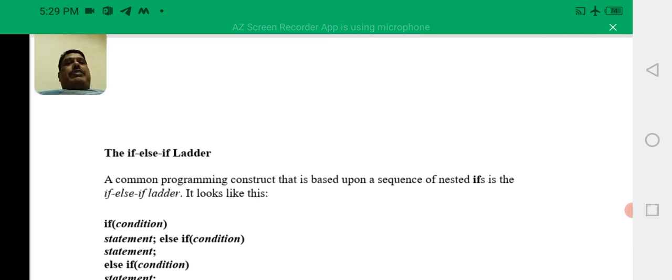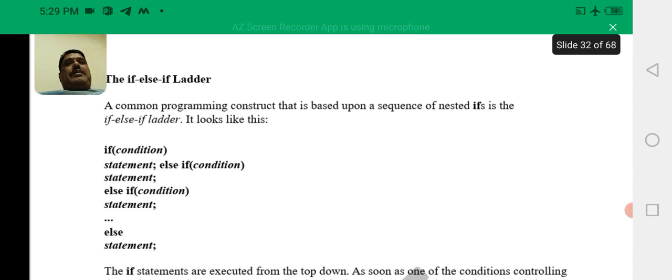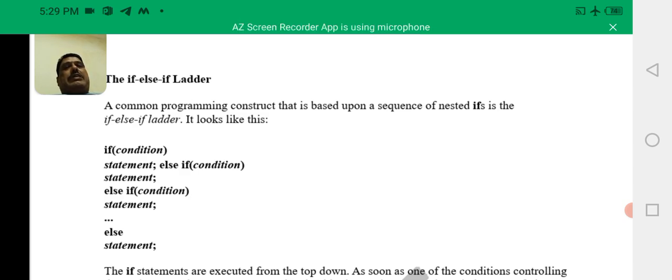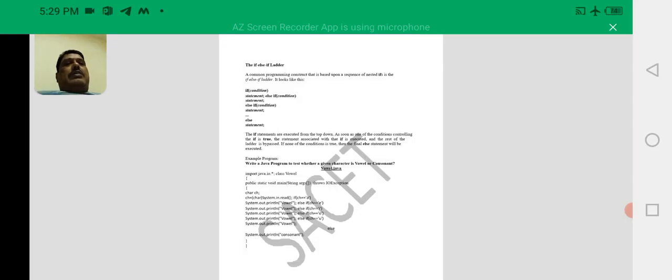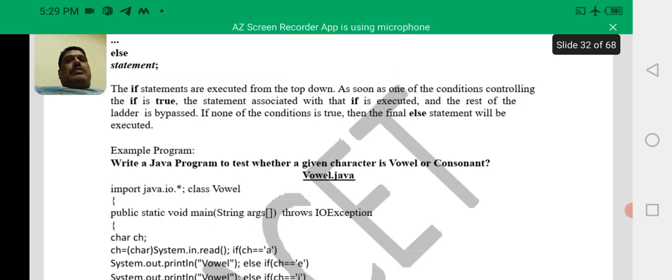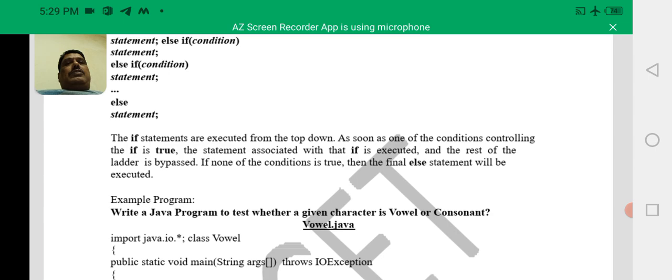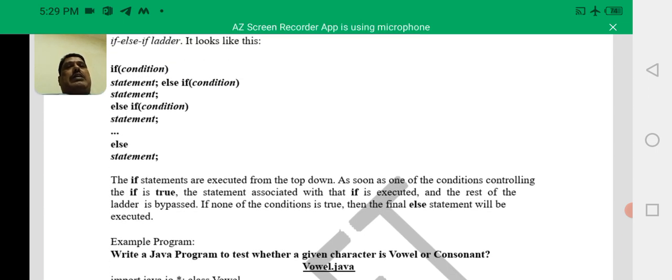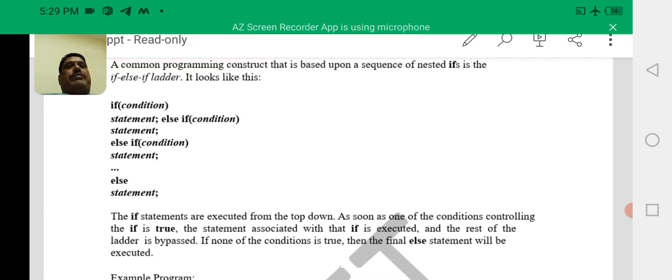The if else if ladder. So here if the condition is satisfied, then that statement will be executed. Else if a condition is satisfied, then that particular statement will be executed. Else if a condition is satisfied, that statement will be executed. Likewise, you will have a ladder, a sequence of if else if statements,